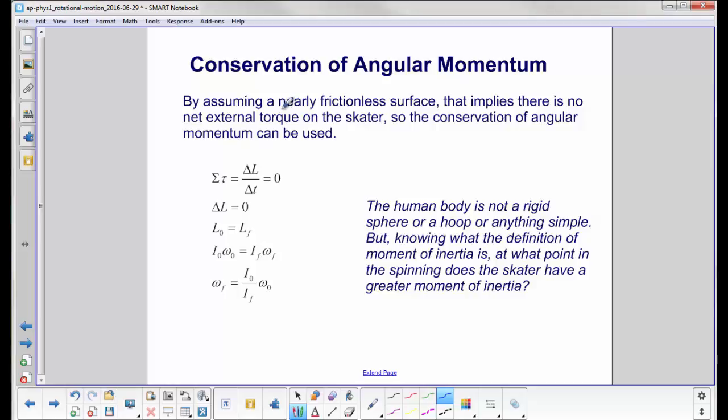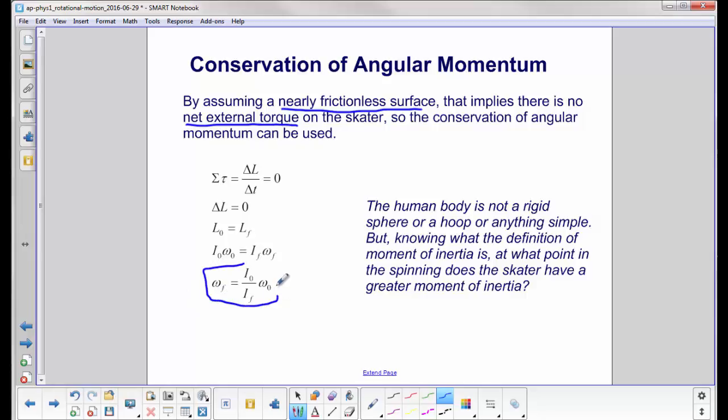The nearly frictionless surface assumption implied that there is no net external torque on the skater, so the conservation of angular momentum can be used. So here's Newton's second law. Sum of the torques is 0. That means that the change in angular momentum is 0, which means your initial angular momentum is equal to your final angular momentum. We make the substitution that angular momentum is moment of inertia times angular velocity,